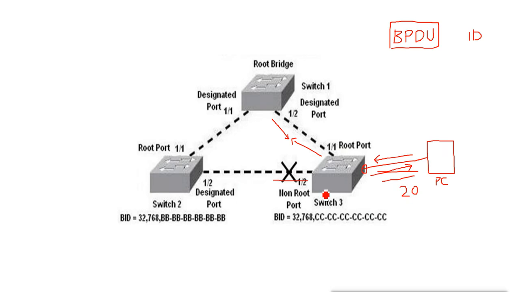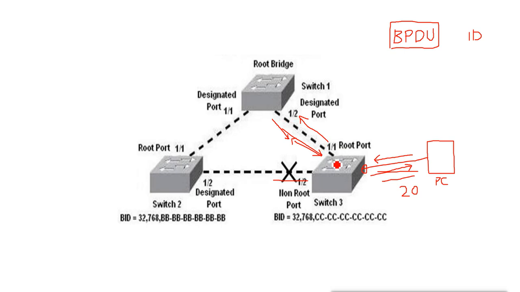Next, all the switches will go into listening mode. That means the port will go to the listening state. In this state they exchange BPDUs. It will send BPDUs and also receive BPDUs, so that it can get information about the network and about the other switches. So after the blocking state, where it only accepts BPDUs and does not send any, it goes to the listening state, and it will start sending and receiving both.